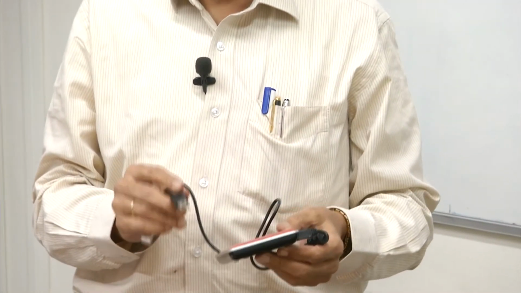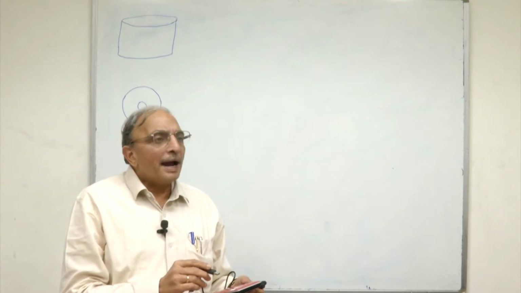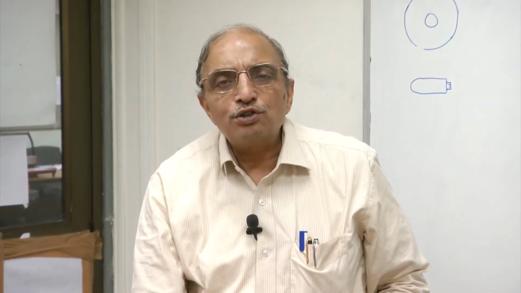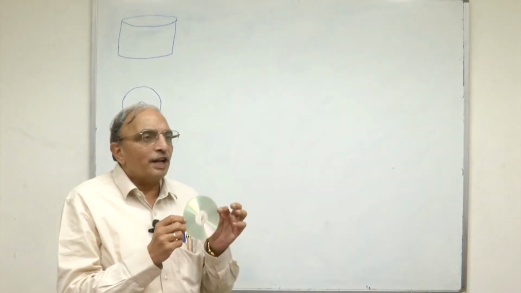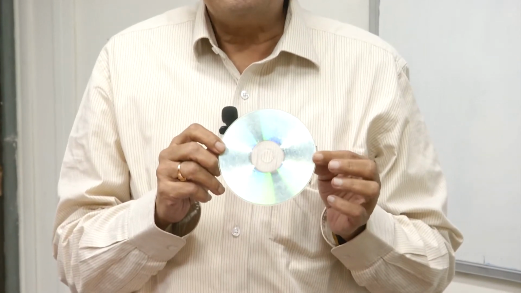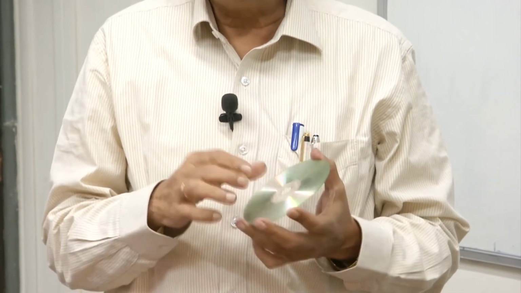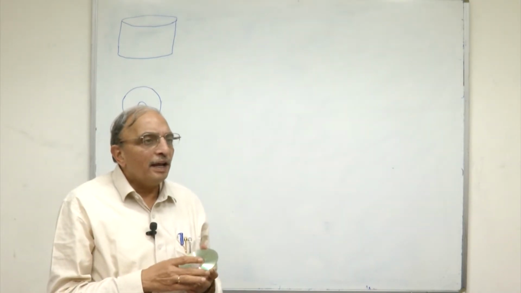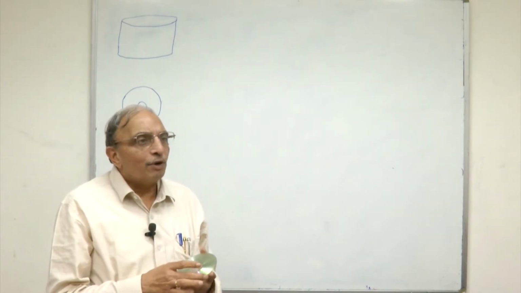These store data using magnetic recording. We also have other forms of data storage. For example, you would be familiar with a compact disc which looks like this. So, this CD can also store data in many files. You also have a version with higher capacity called DVD which can store larger amount of data.